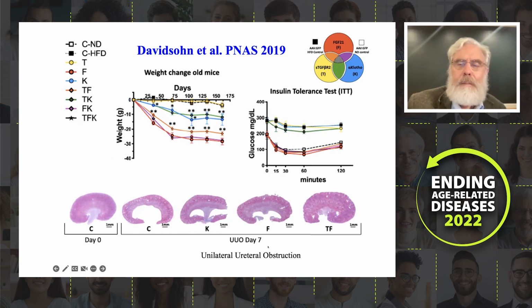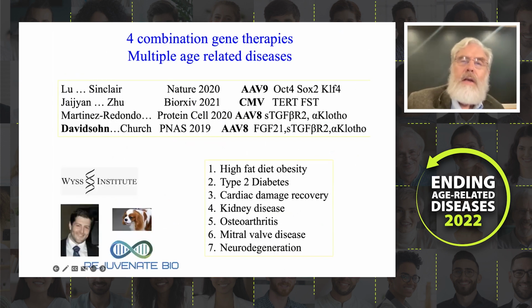Here's going from left to right. The control after kidney model for kidney obstruction, and then the K is Klotho, and the F is FGF21, and then the TF is a combination of the TGF beta and the Klotho, and the FGF21. And again, for all three of these assays, that combination is proving to be valuable, and other studies since then. So of the 4 studies that we've published so far using gene therapies, 3 of them involved adeno-associated virus,